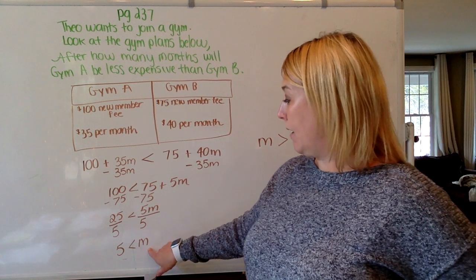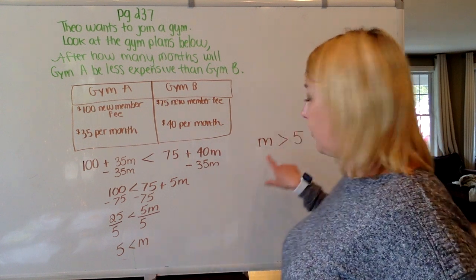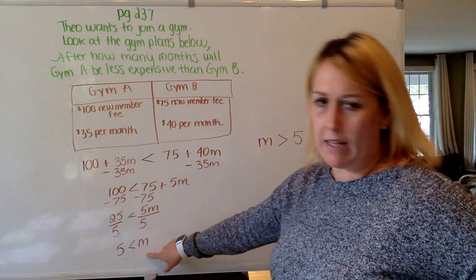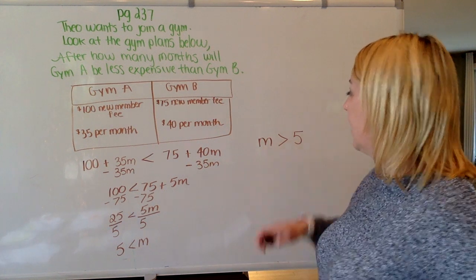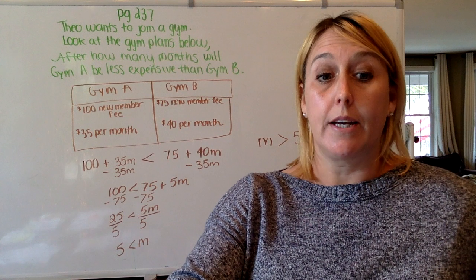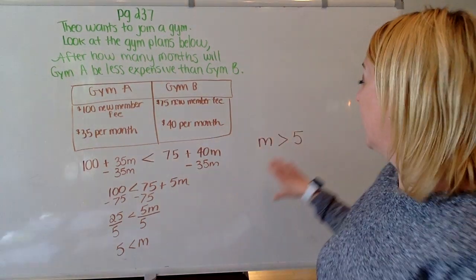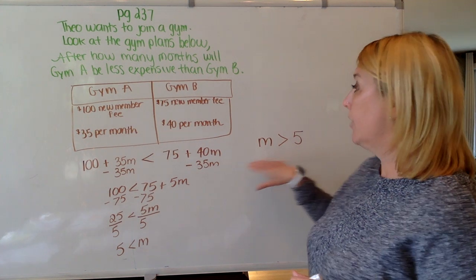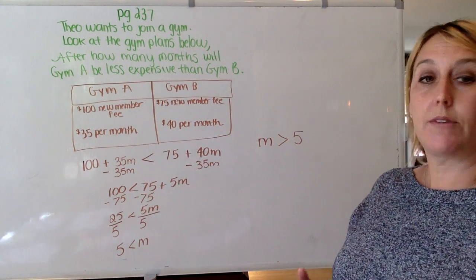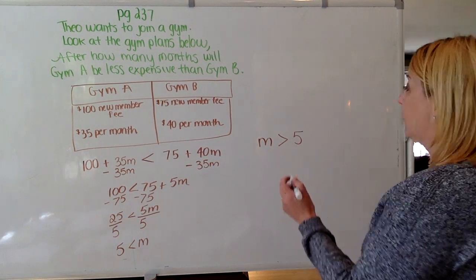So this was 5 is less than M. All I did here is flip my variable to be on the left. M is greater than 5. So what this is saying is after 5 months, gym A becomes a better deal. So your answer would be